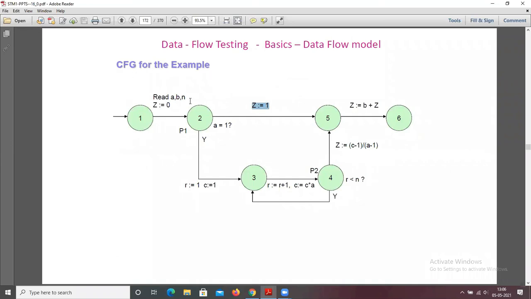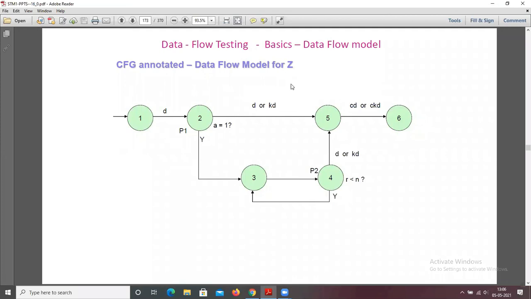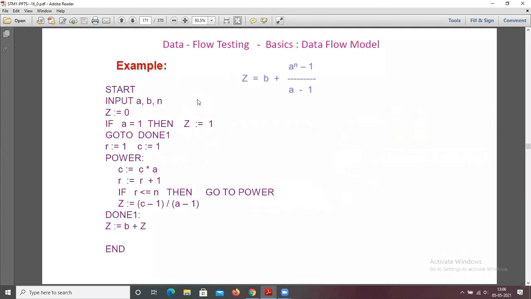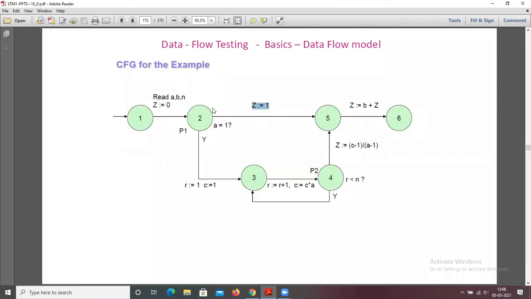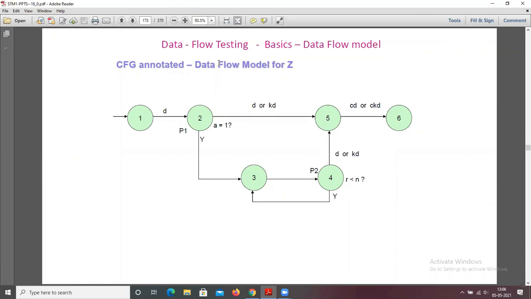Now this is the data flow model for z. There are many variables: a, b, n, r, c. Among them, z is the data object. This is the data flow model for z.